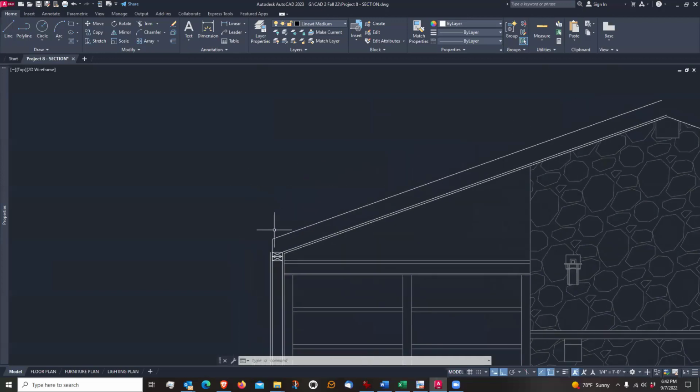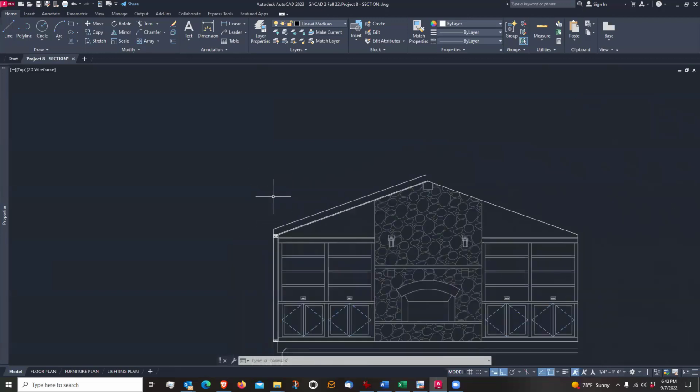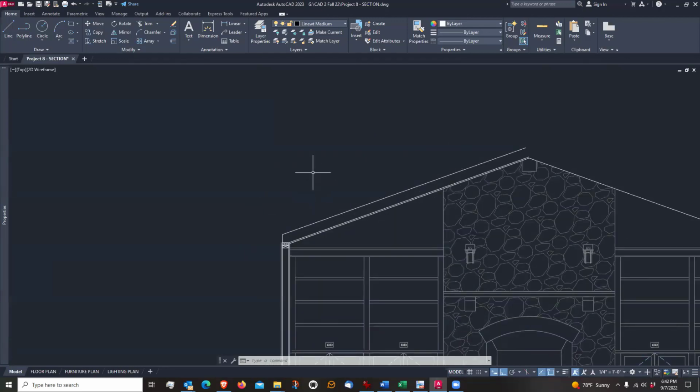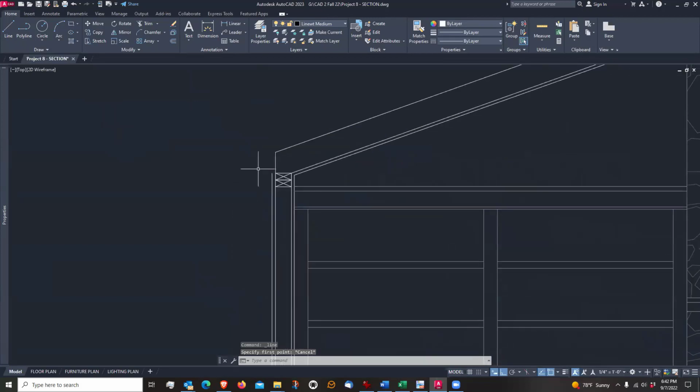That means for every 8 inches or 8 feet that I go straight up, I'm going to go 12 feet or 12 inches over to the right or to the left, depending on which way the roof is sloping. So I'm going to draw some guidelines for myself to get this pitch. But first, I'm going to draw